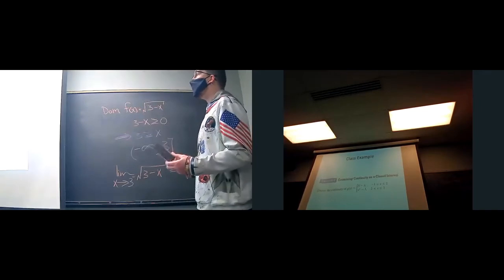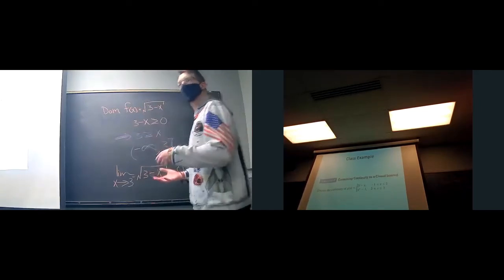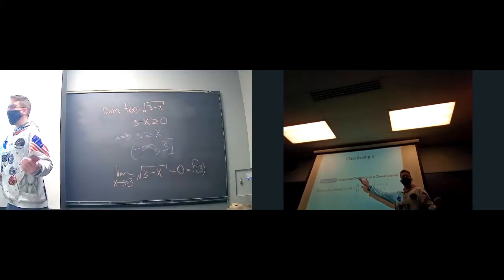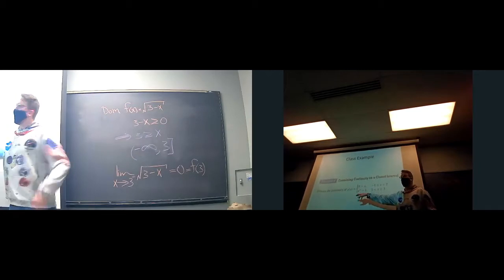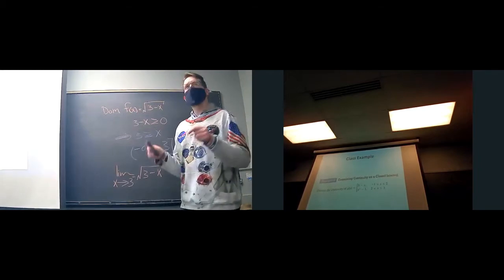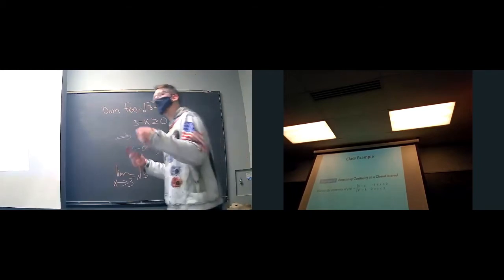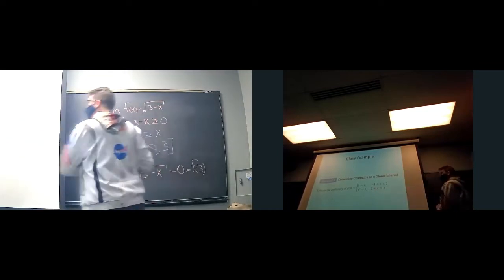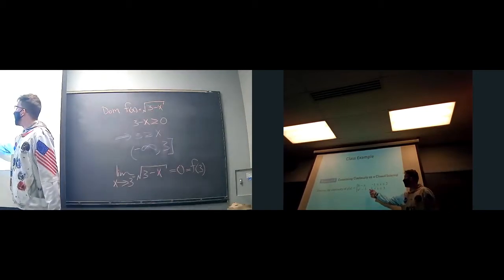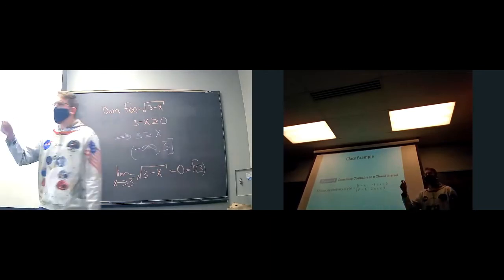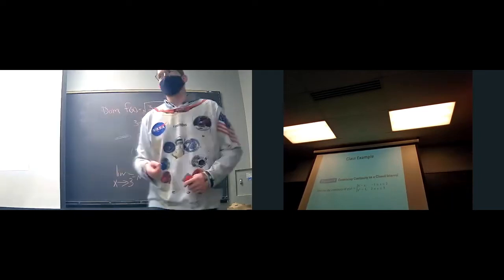The next thing we're going to want to know is where is it continuous and where is it discontinuous? Well, we know this is a polynomial, so it's continuous everywhere. We know x squared minus 1 is a polynomial, so it's going to be continuous everywhere. But are they continuous where they meet? Do they meet at the same point? If we approach 2 from the right, is it going to be the same as when we approach 2 from the left? And is that going to be the same as the value of our function?